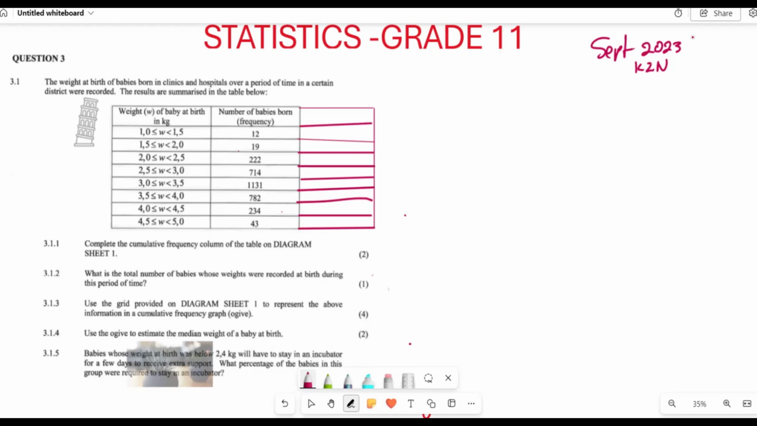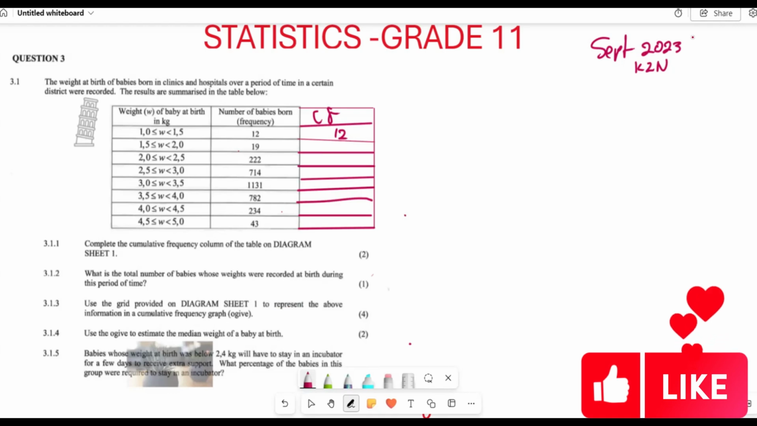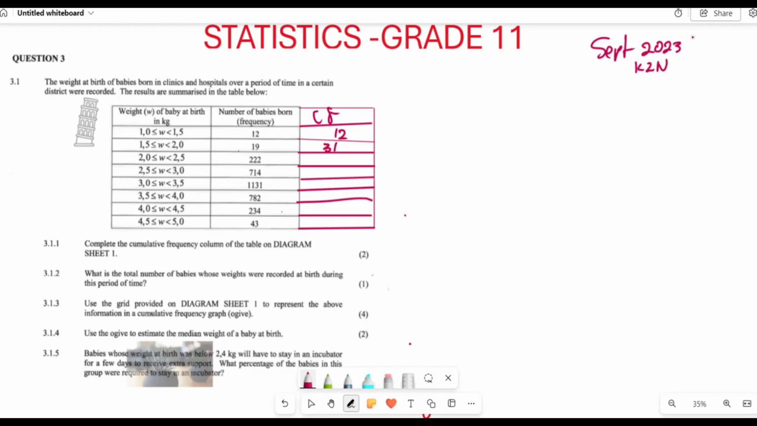Now, whenever you're looking for the cumulative frequency, you start with the 12 here. So you're going to have 12 here. Then you say 12 plus 19, it's going to give you 31. 31 plus 222 gives you 253. 253 plus 714 is 967. 967 plus 1131